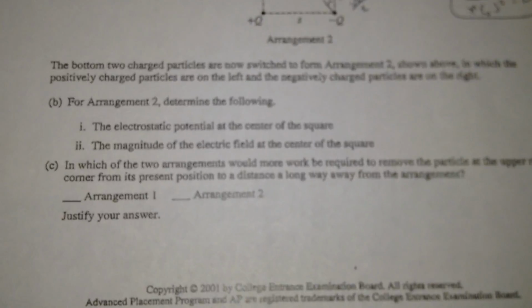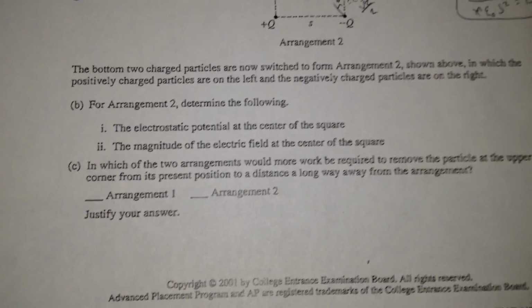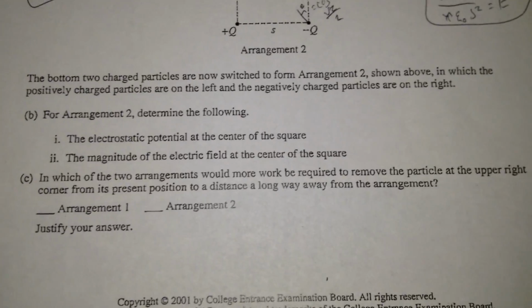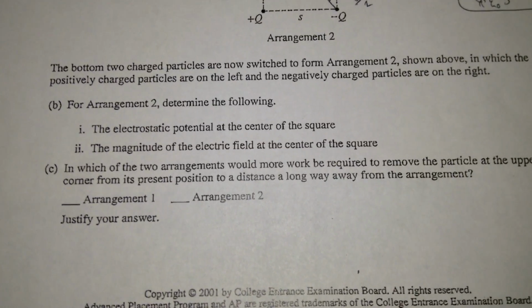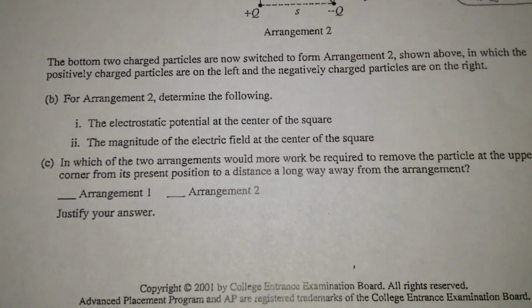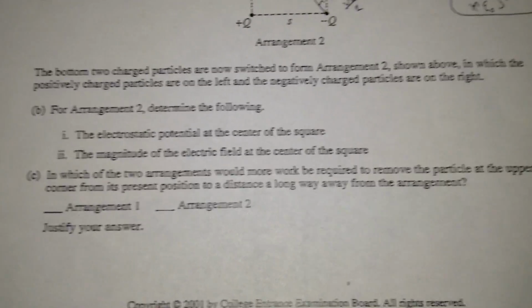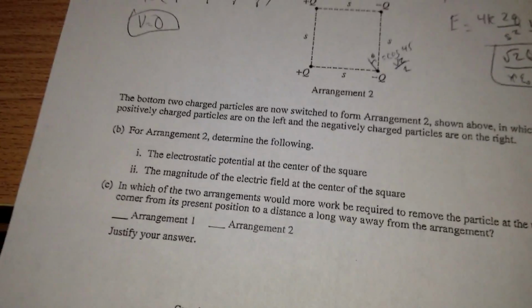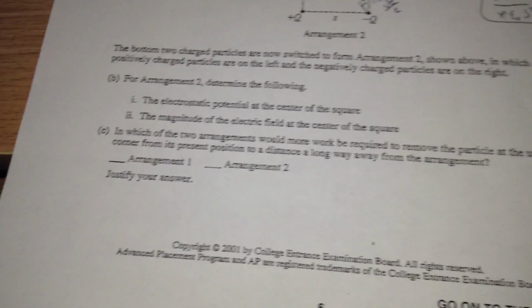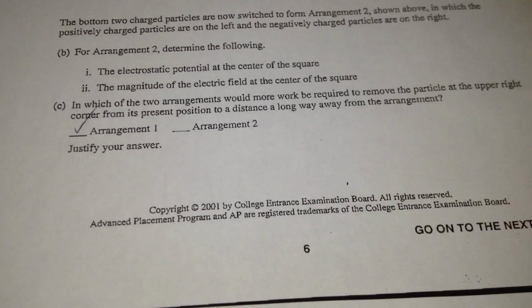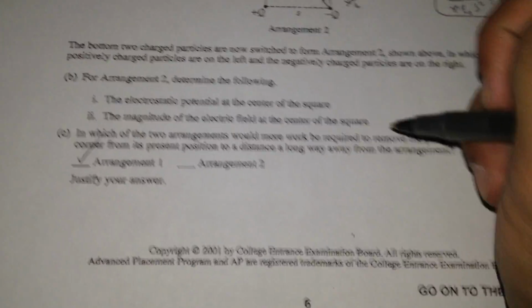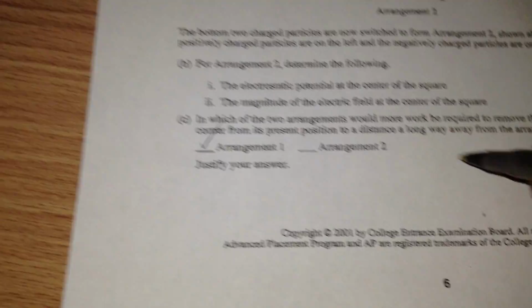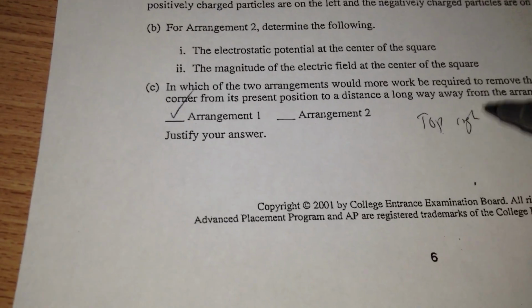Now, the next part. In which of the two arrangements would more work be required to remove the particle at the upper right corner from its present position to a distance far away? It would be arrangement 1, because the top right of arrangement 1, A1,